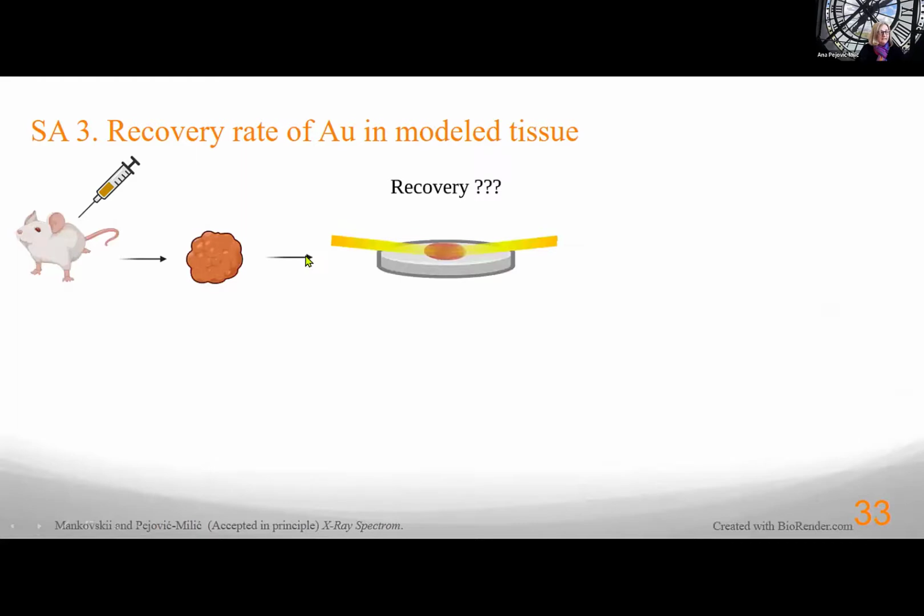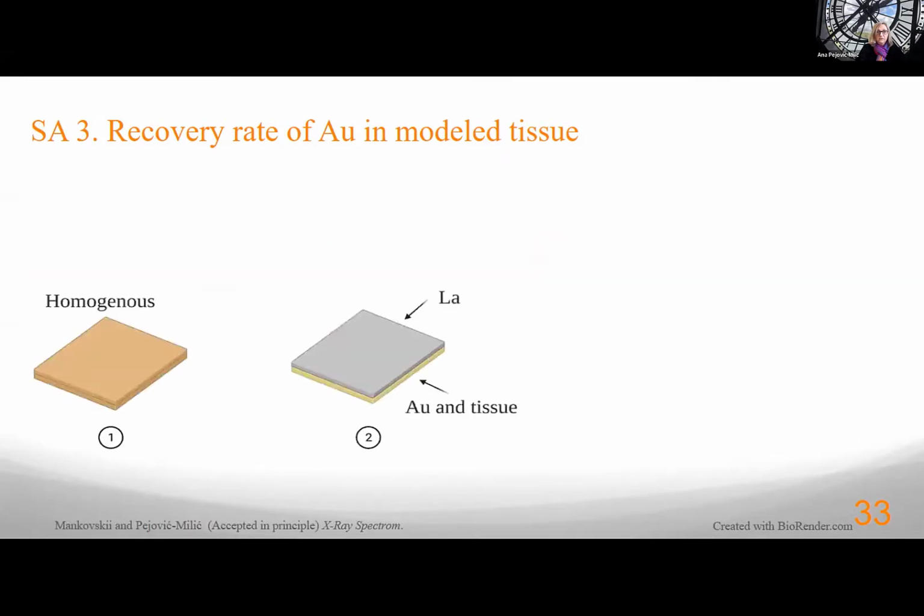Now, the logical next step would be to go and work with the tissues, but we cannot do that because we do not know the amount of gold taken up by the tissue through the animal studies. So we cannot determine the recovery rates from animal studies, and we resorted back to the Topaz Monte Carlo